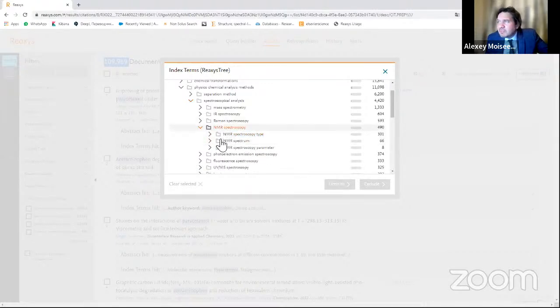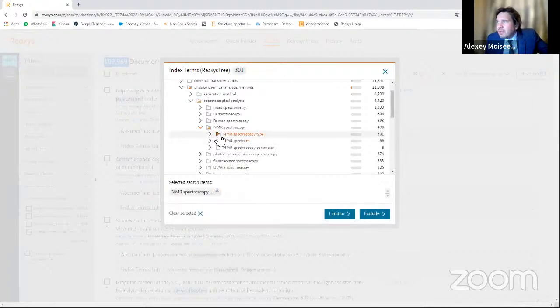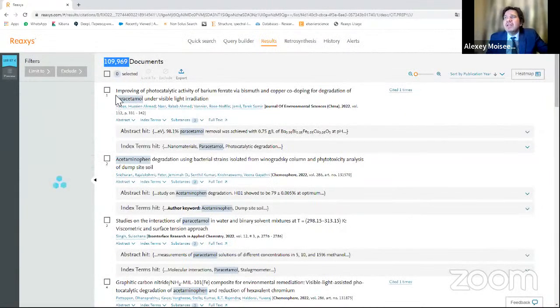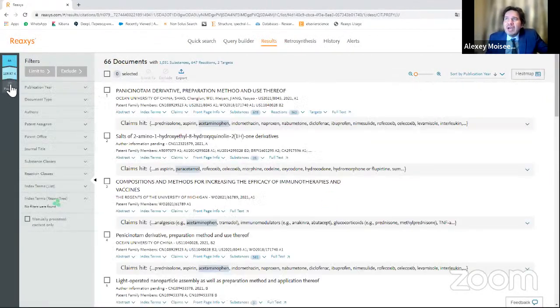You find NMR spectroscopy, click on this, and you can filter for information for NMR spectrum, and in 1 second we filtered from 100,000 documents to 67 documents. So it's much easier for you to analyze this amount of information.